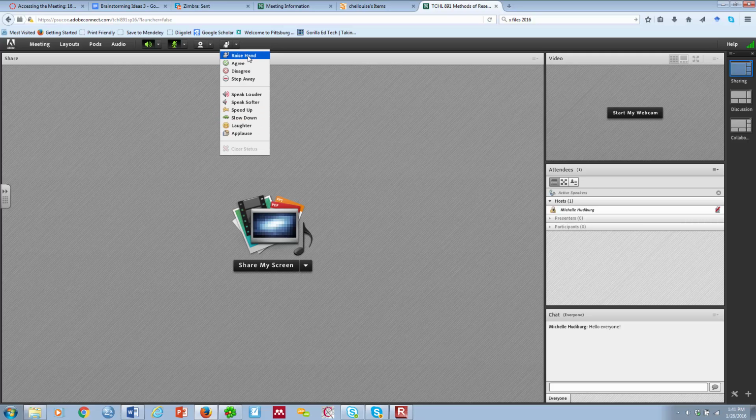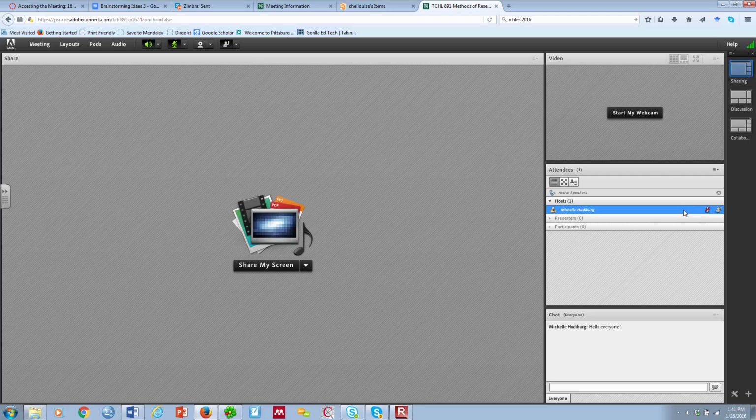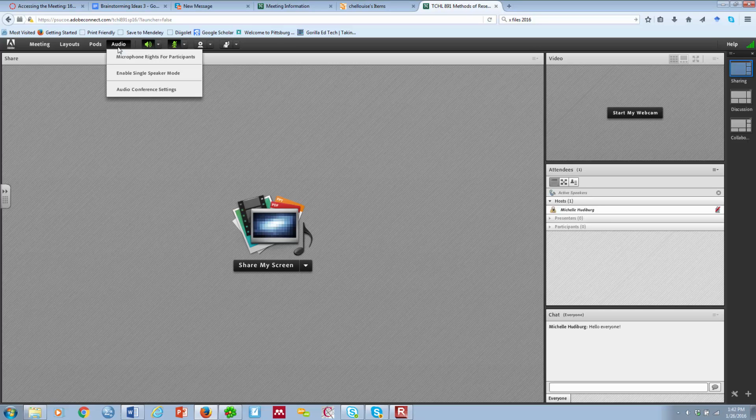So say I ask a question, you want to raise your hand and be recognized. If you see over here in the attendees pod, now there's a little person with their hand raised. So I can see that someone has their hand raised and they need my attention. Then I can get rid of that, or you can also click on the hand raised icon again and it'll go away once I've answered your question. Sorry about that. Clicked the wrong button. All right, so that's basically